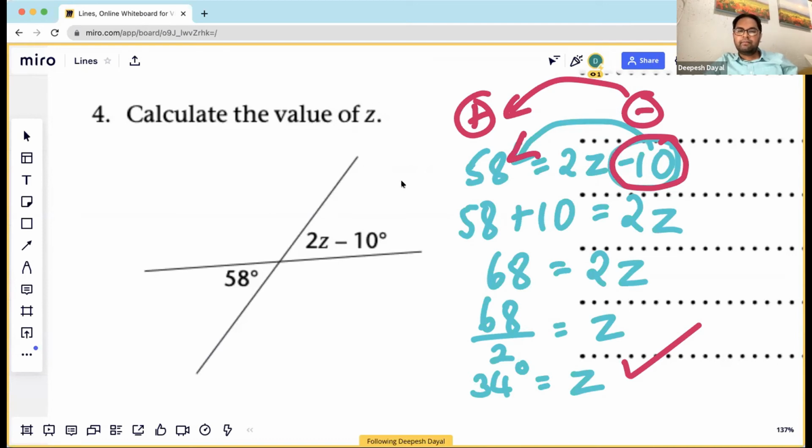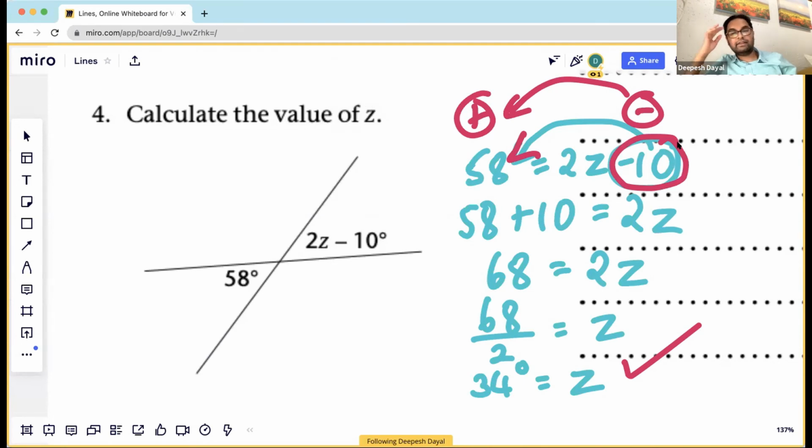Okay. So yes, Zumbewe? What if it was 2z minus 10 equals 58? But it is 2z minus 10 equals 58. Yes, sir, but the 10 must be the other side. So when you take it to the other side, then it will become,